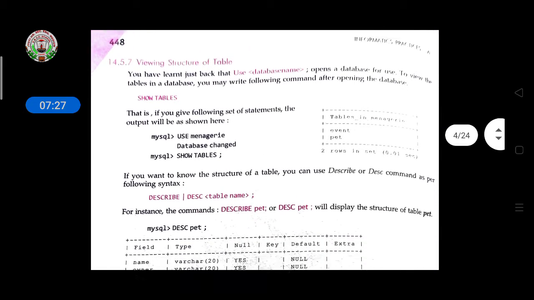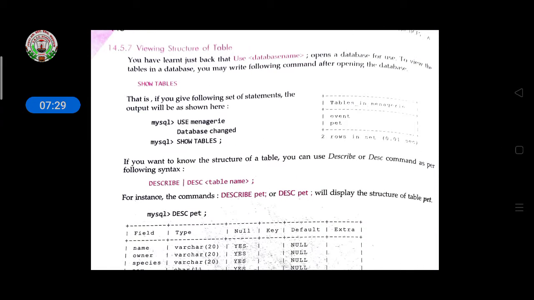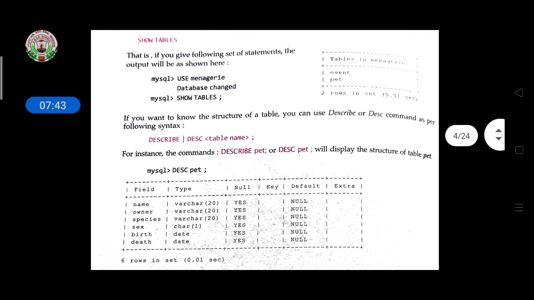Then viewing the structure of a table. If you want to view tables, you have to write show tables. If you give the following statement, the output will be shown here. You write show tables, so all the tables in a particular database will be shown here. If you want to know the structure of a table, then you have to write the describe or desc command as per the following syntax.